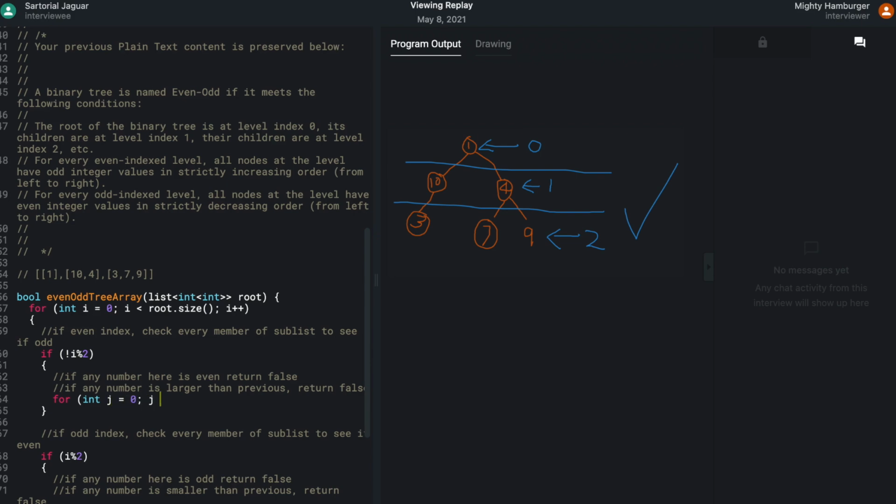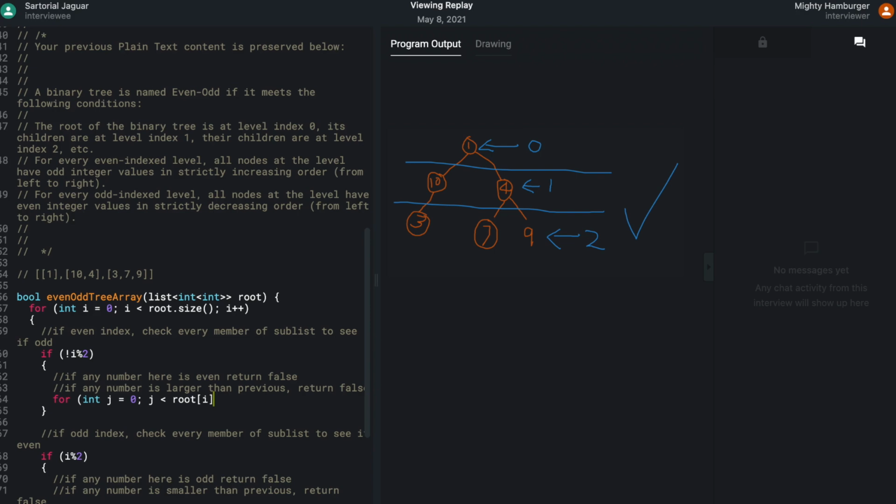j will end at root. I think list is either get or at. At or get. Maybe that's just a Java thing. I don't know. I'll allow you to look it up if you need. Okay, I'm pretty sure you can just do this in C++. My latest project at work has been in C++ also, so that's why this is what I've been doing today.